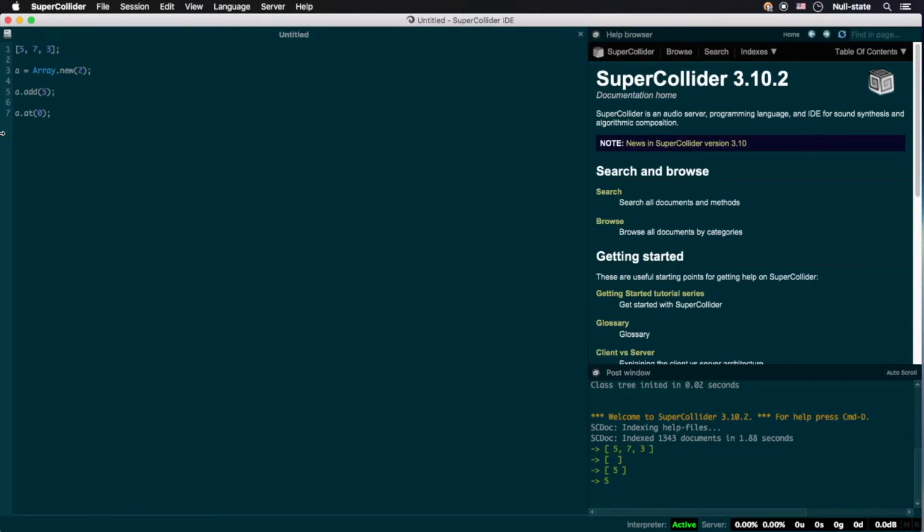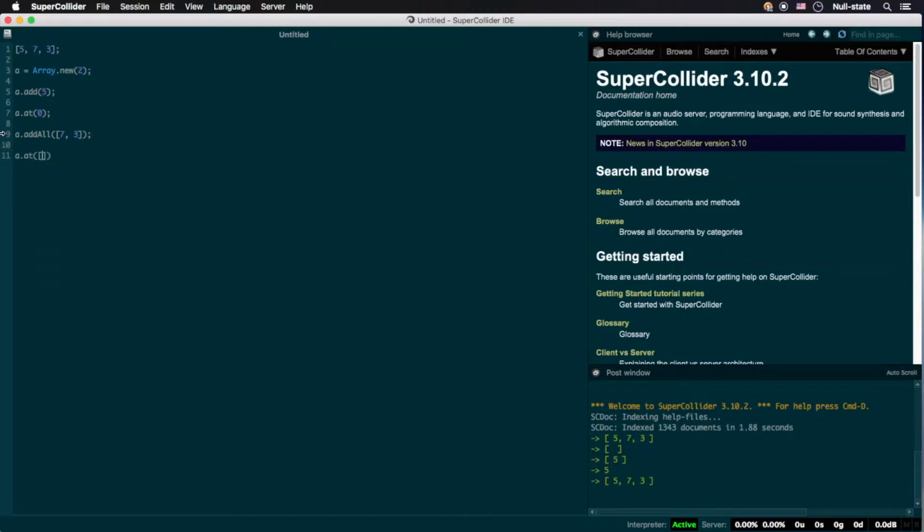Now, let's follow suit with the next 2 indices. We could continue adding the numbers one at a time via .add, or we can add both numbers at once using addAll. And just to check and see that these integers were successfully added,